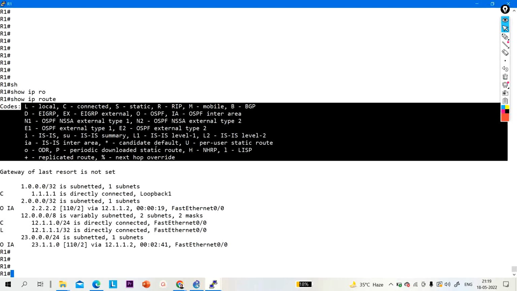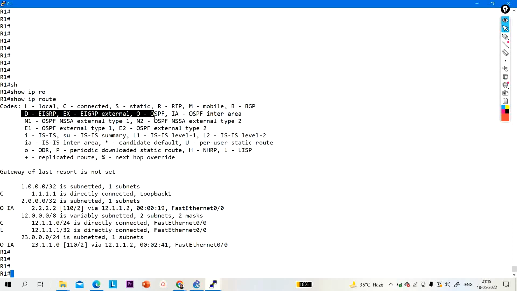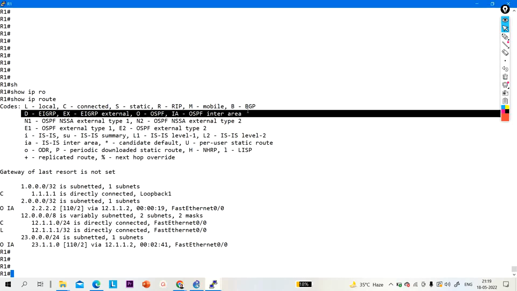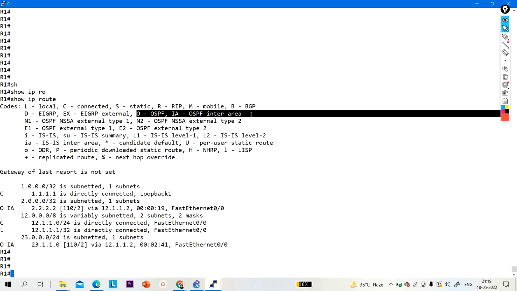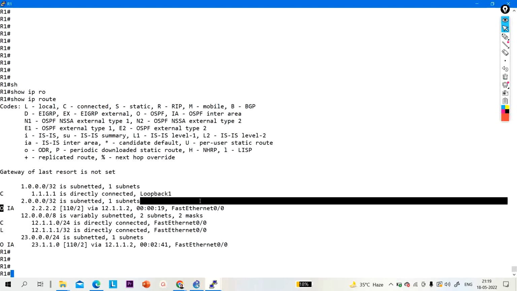ISIS inter area. Yes. But I am not able to see IA OSPF inter area in the second line, second row. In the second line? Second line, last line. Here you can see inter area, right? O means OSPF and IA means inter area. Inter area means different area. That means this router received this network from a different area,